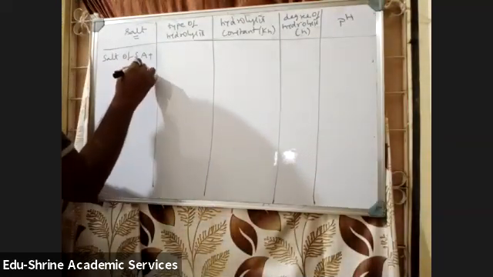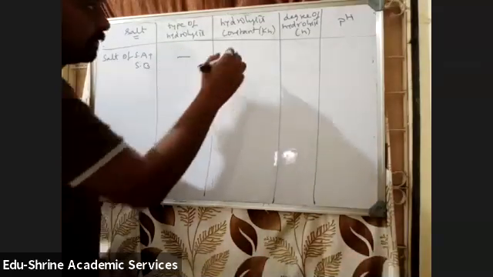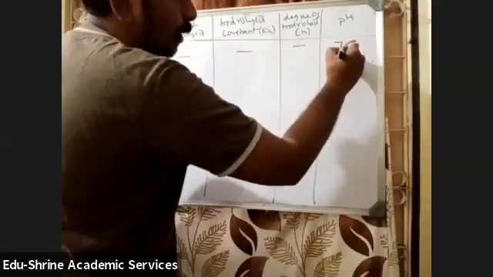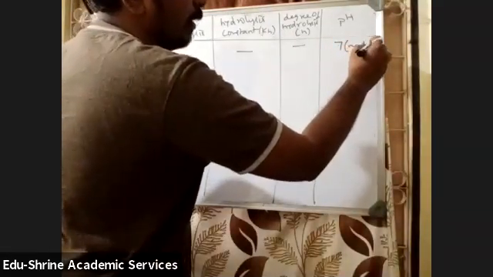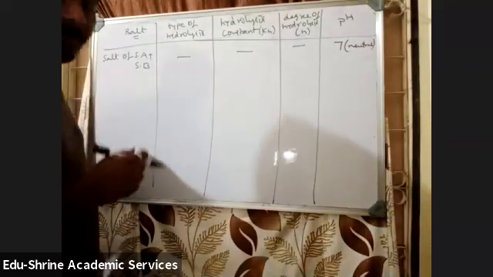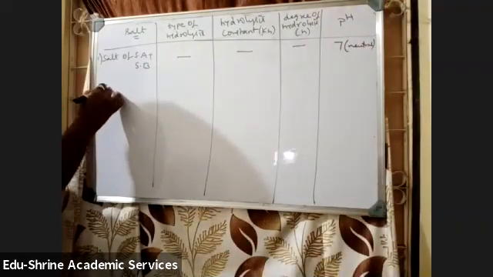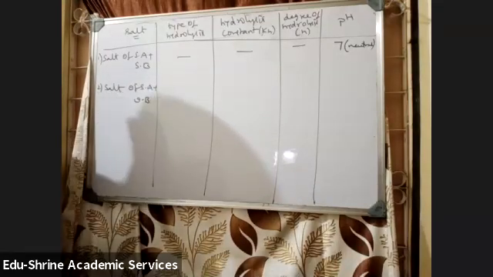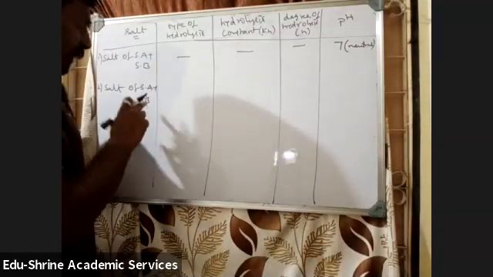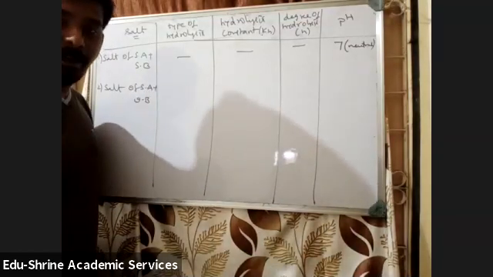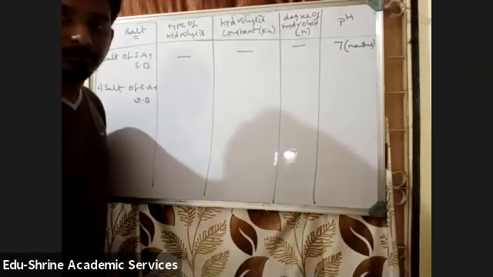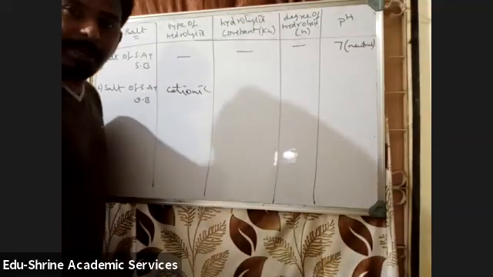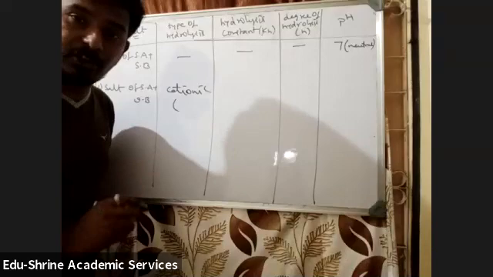For a salt of strong acid plus strong base, no hydrolysis, no formula for KH, no formula for degree of hydrolysis, pH will always be 7, nature of solution will always be neutral. Second type, for the salt of strong acid plus weak base, tell me students, what type of hydrolysis? If the acid is strong and base is weak, cationic hydrolysis or anionic hydrolysis? Cationic hydrolysis, very good. It will be cationic hydrolysis. So what must be the nature of solution, acidic or basic?